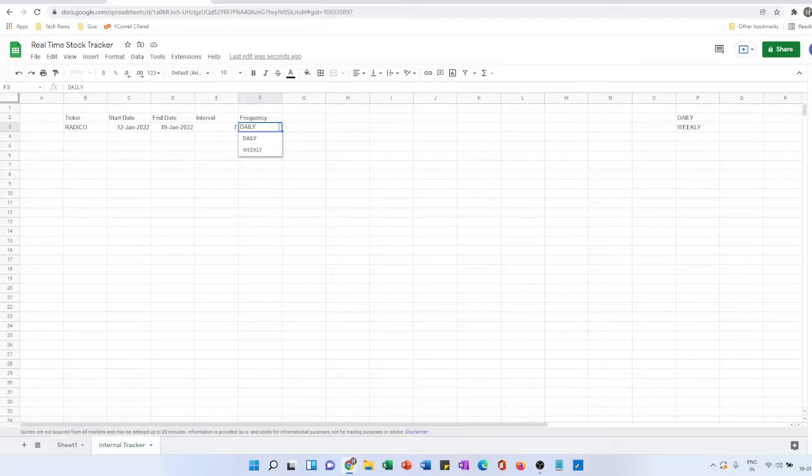I use data validation to create this drop-down for easy use. You can simply type the values in the cell when you need to change them. So now that we have all the values with us, let's create our stock tracker with charts to visualize the price movements. In one of the cells below, type